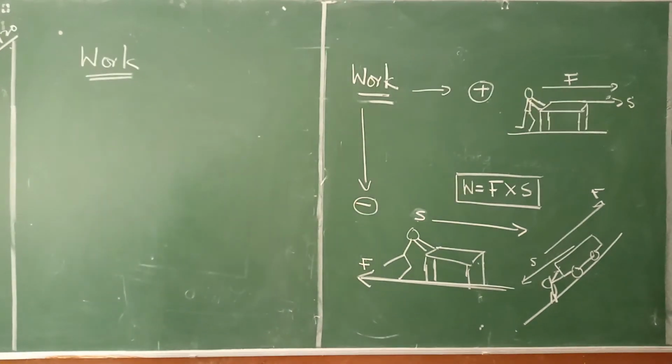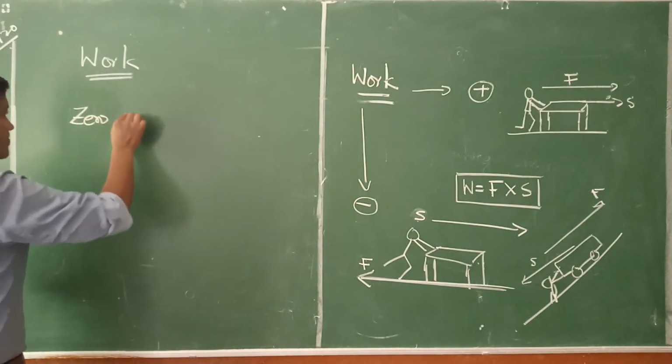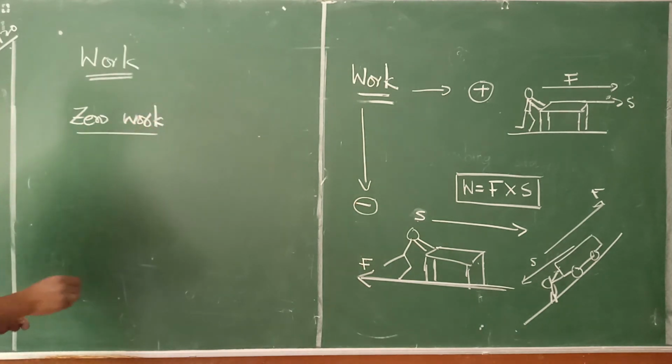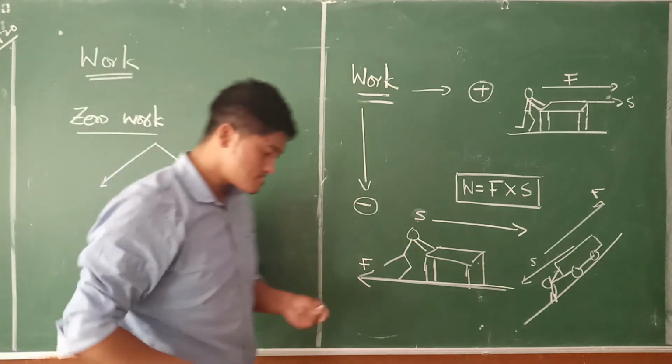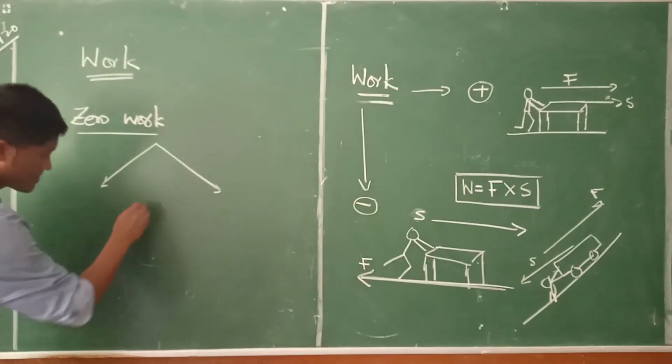Okay. So now coming on to zero work done. Zero kind of work done. I normally find two kinds of situations here. Understand? The first situation here,